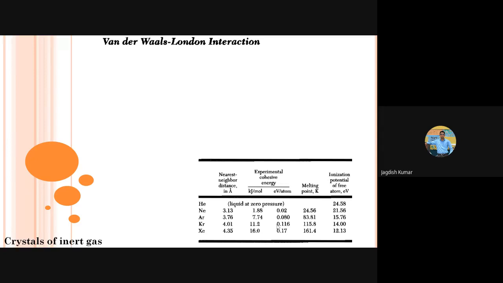So we should first pay attention to these numbers and then try to see what is the physical meaning of these numbers. First, let us try to pay attention to this. Cohesive energy relates to the bond strength, right? The stronger the bonds, the more strongly the atoms are bound, and the more the cohesive energy will be. The same is the case with melting point. So basically, the more strongly the atoms are bound,